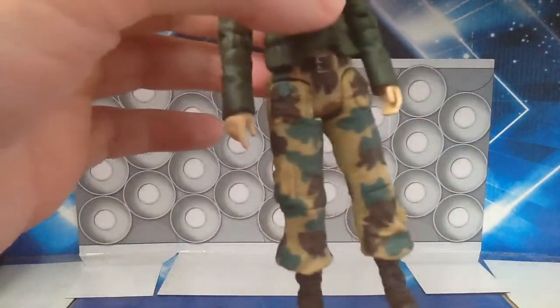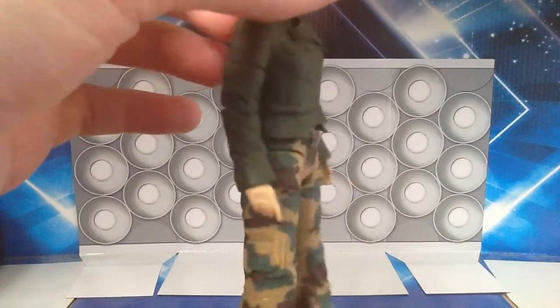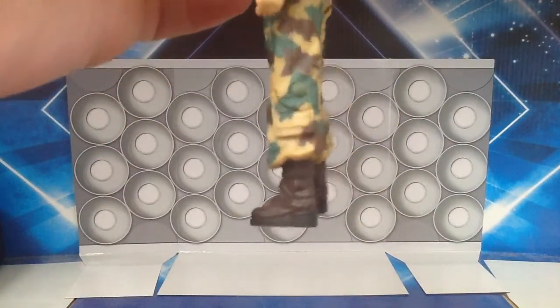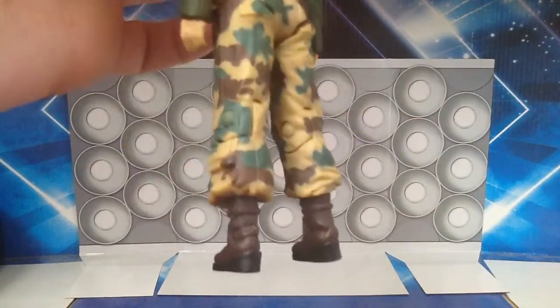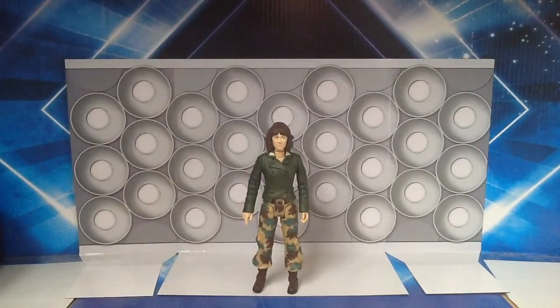The trousers are very impressive, like she's come out of the army, with all the camouflage patterns with the sort of creamy colour and the shades of green and the brown. Very effective on this figure, and the boots have been painted brown and the soles have been painted black. The figure looks absolutely amazing, and I just cannot believe that we finally have this,